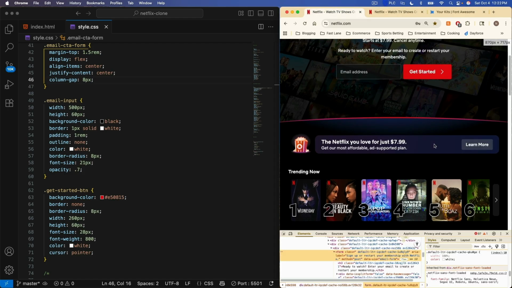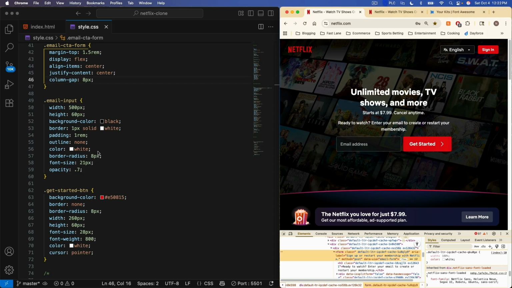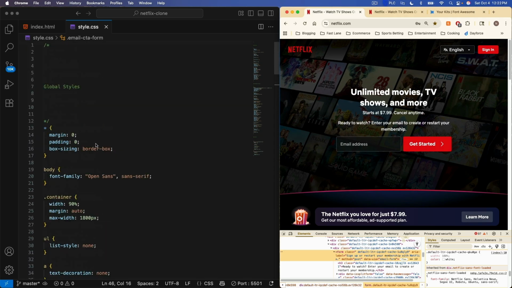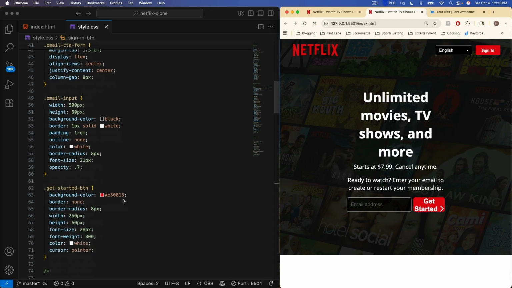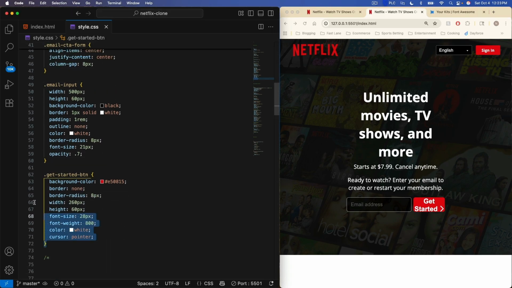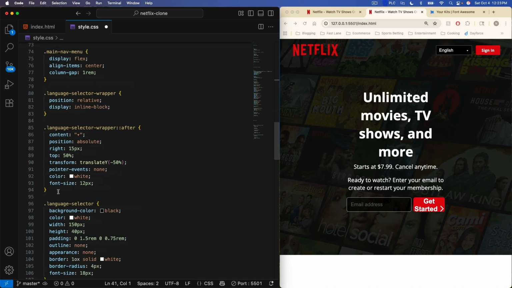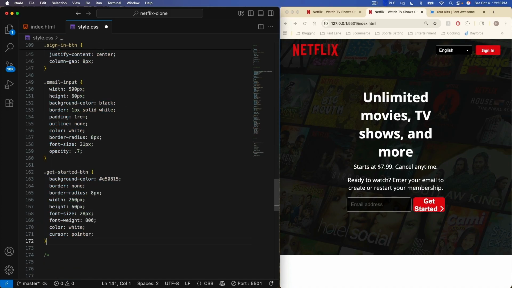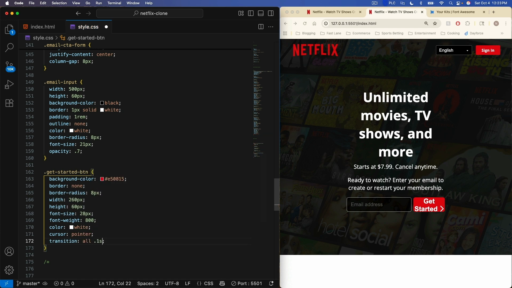Let's see, the get started button for them has that same opacity as our sign in button at top. It gets a little bit darker, so we can literally just copy our transition for that. Oh, my bad, guys. I just realized I've been putting all of this code up here in my global stuff. You probably caught that before me. So let's just cut that, put it down here after the showcase P. Sorry, guys. All right. So we'll say transition all 0.1 second, ease in,